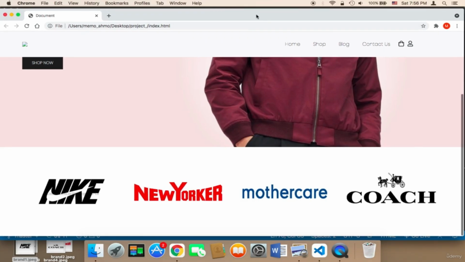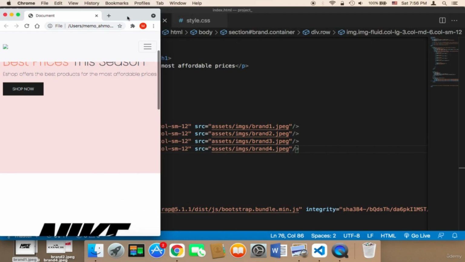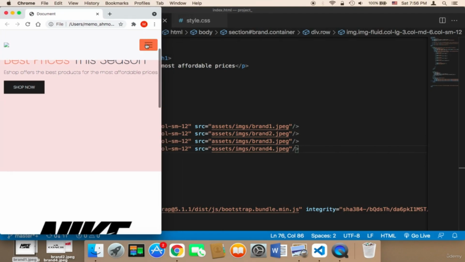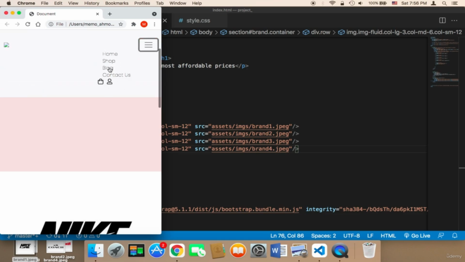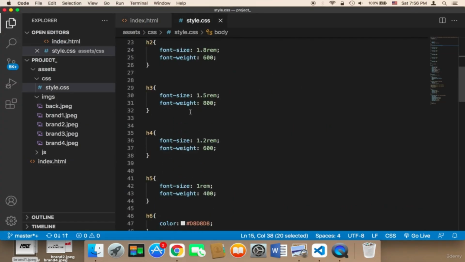So now what I'm going to do is work on the design of the navigation bar. But when the navigation bar is in a small screen, if you click on the navigation bar, as you can see, the design doesn't look good. So let's work on this. In order to work on this, I'm going to head on over to CSS. So in CSS, we need to add the following code